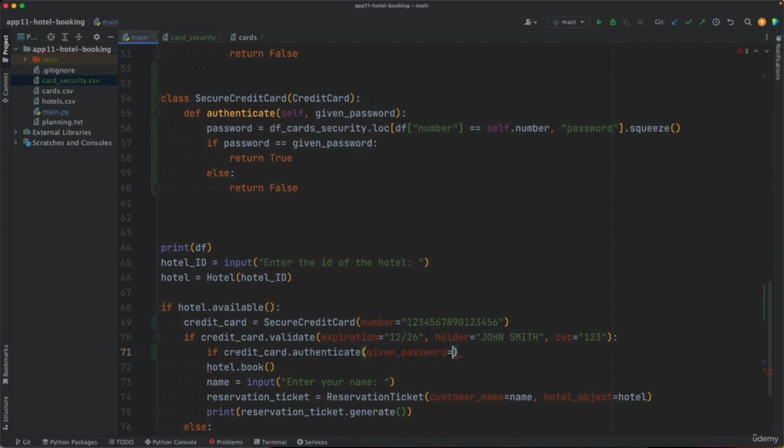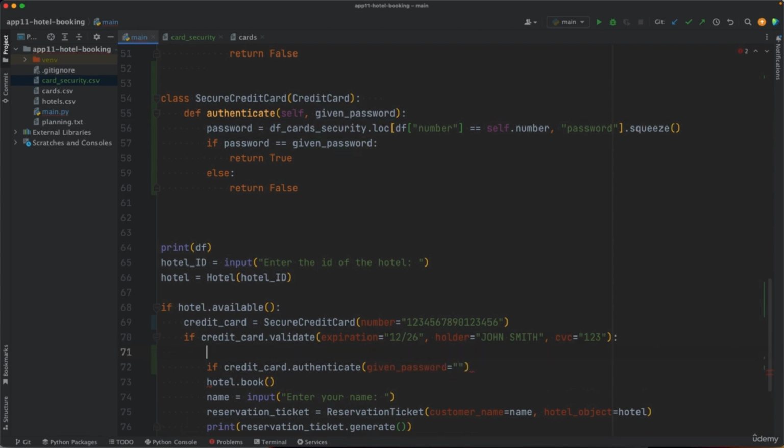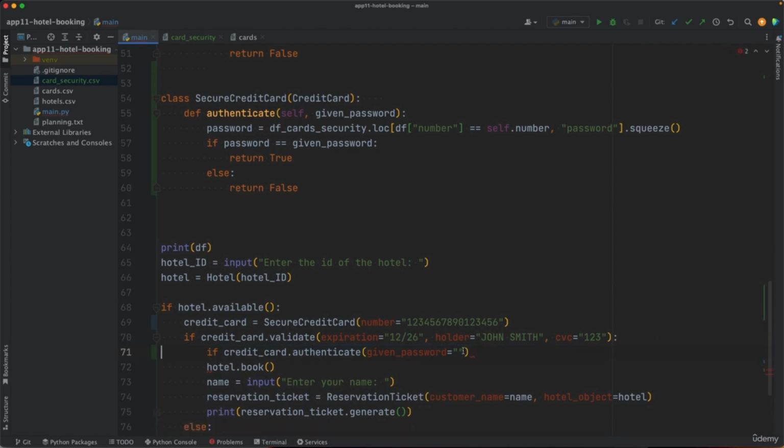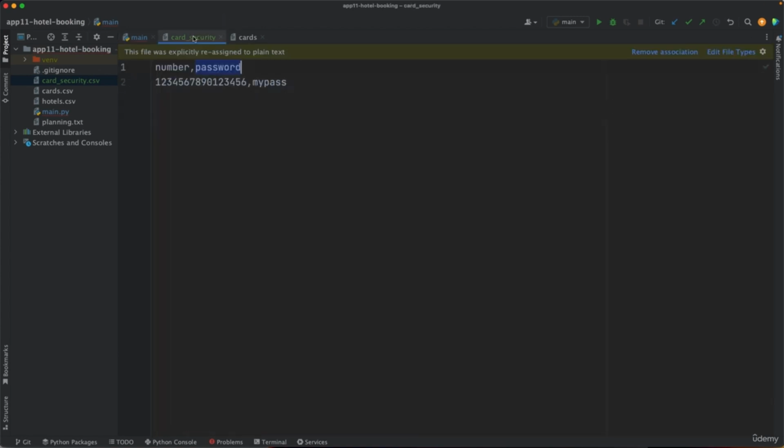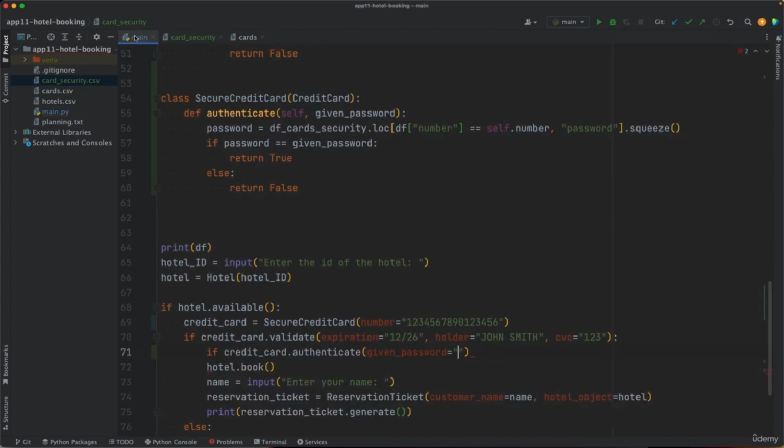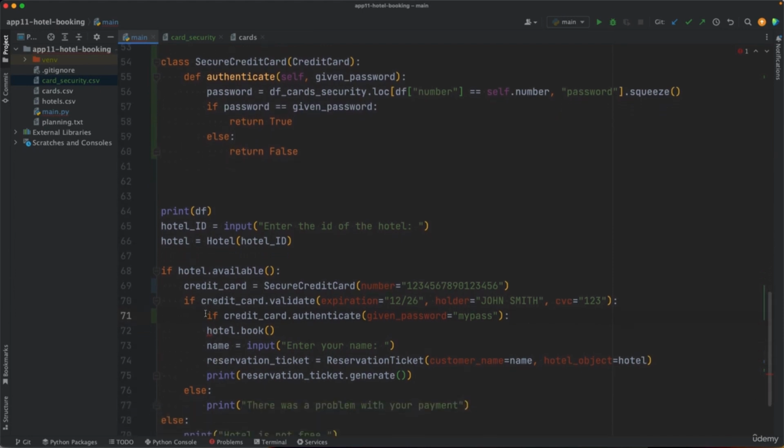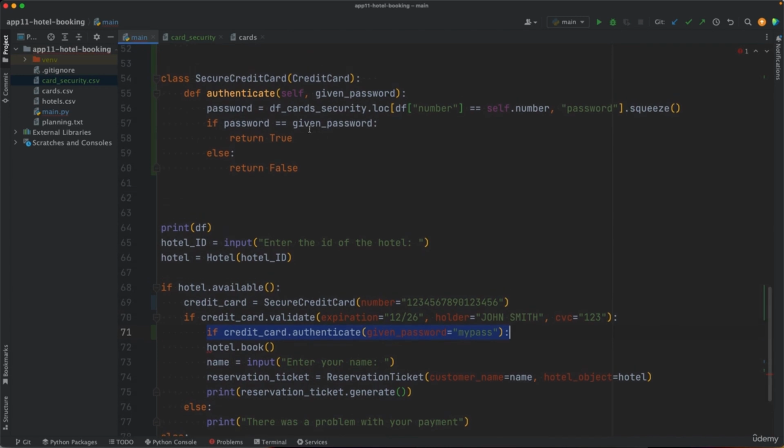So that is equal to the password, which you can get from the user using a variable here with an input function, or if you want to keep it simple, you can just provide the password, which is here my pass. So write my pass here as a string. And then if that returns true, which is the case when the password is equal to the given password,